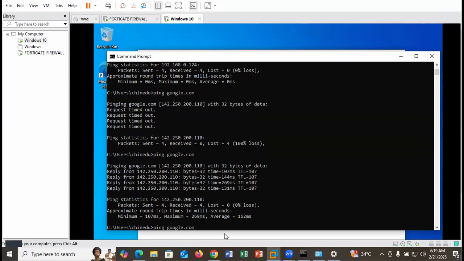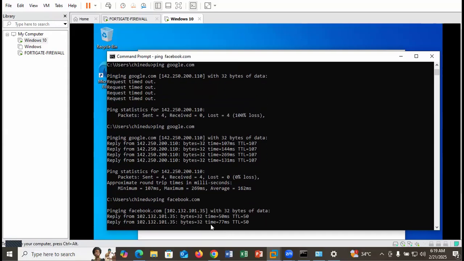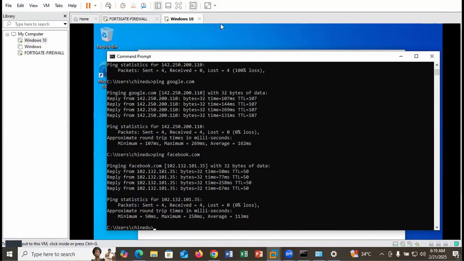So you can now reach any website. You can browse to facebook.com. Anytime you will be getting the reply based on the policy that we just configured on the firewall. So this is how you can create a policy in the firewall to allow people on your LAN to be able to have internet access. So based on what we explained now,